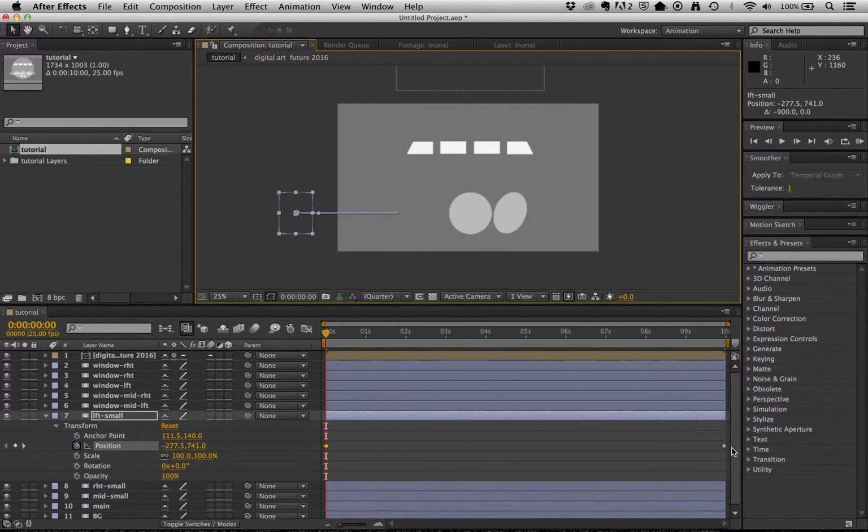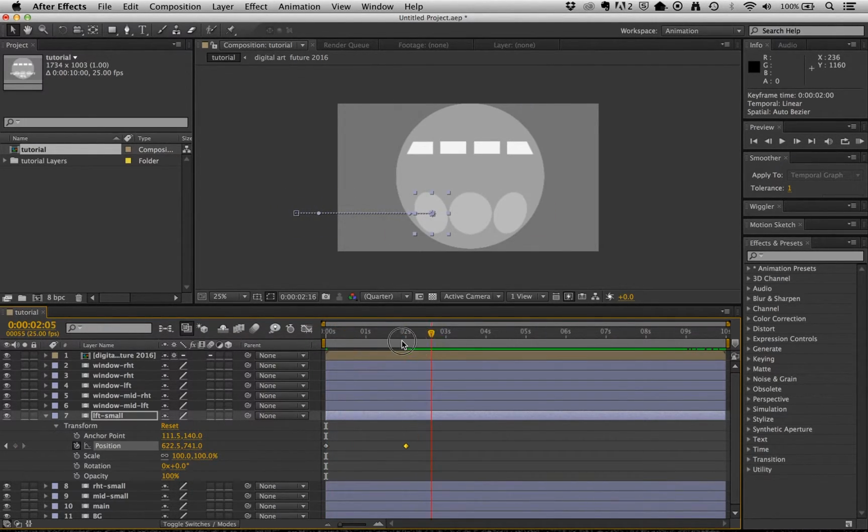I know that it's going to finish up at that final position, so I can just go in and grab that last keyframe and decide how quickly it's going to fly in. So maybe over just about 2 seconds. And then I can just scrub the playhead to see how it works in combination with the big circle. Then go back to the beginning,